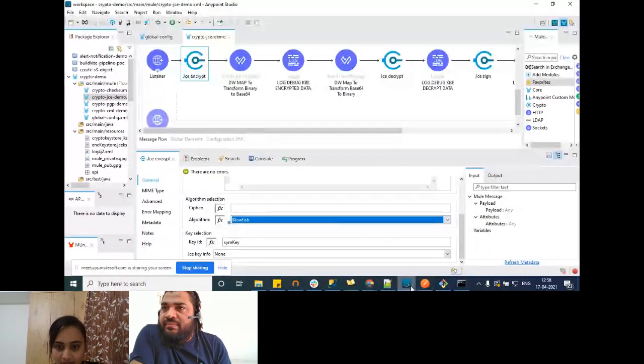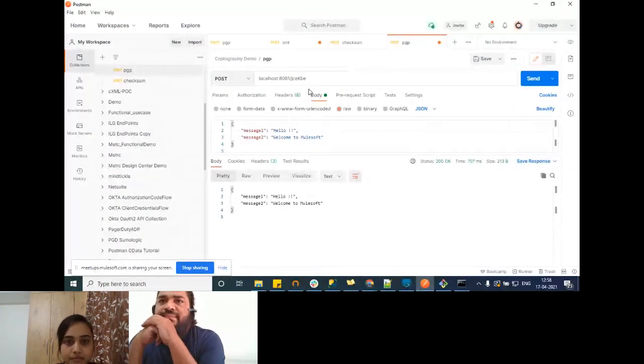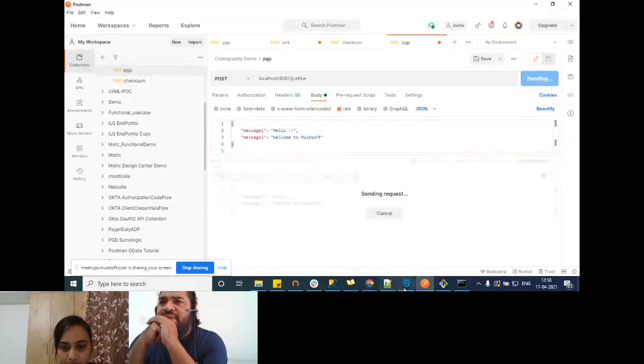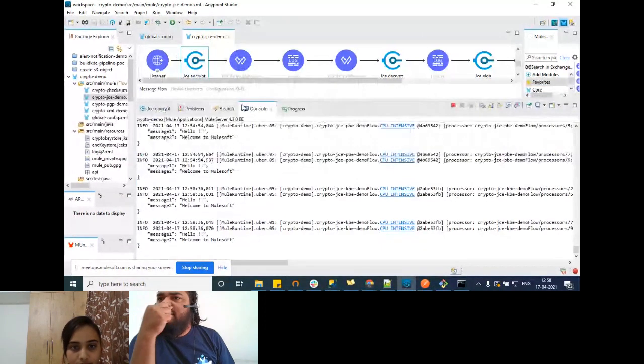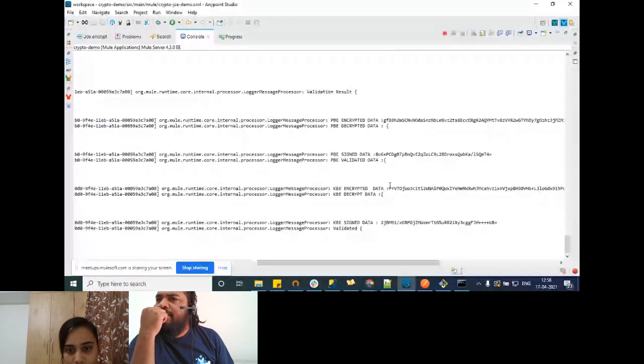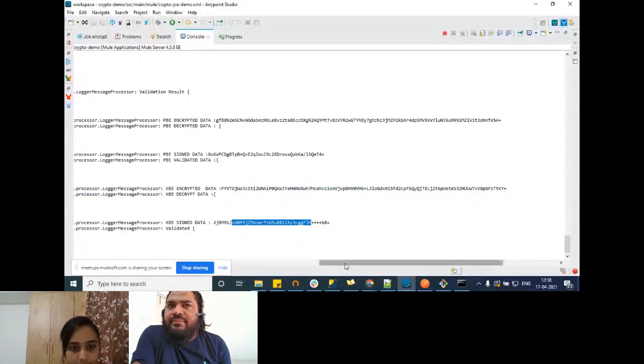Okay, let's try to hit the key-based one as well. So here's the data, this is the encrypted data, signed data.